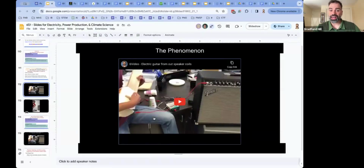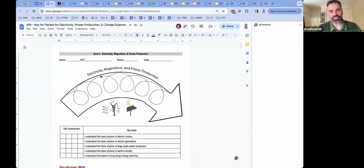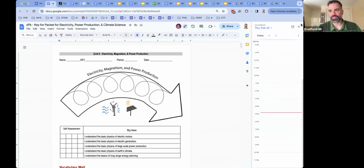Okay, so that is just really fun. Obviously, making an electric guitar from scratch is something that students definitely remember. It's a lot easier to get students to talk about the physics of generators when they've made a generator, especially when that generator is an electric guitar. Okay, so let's look at some of the